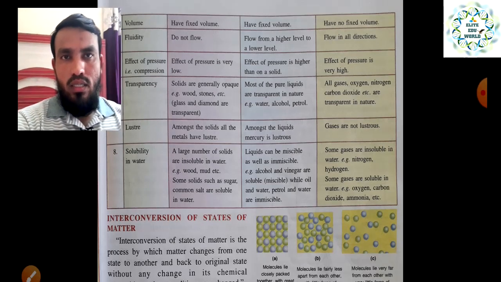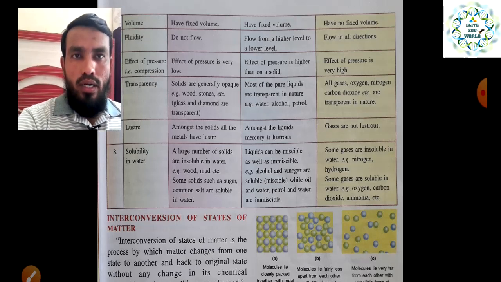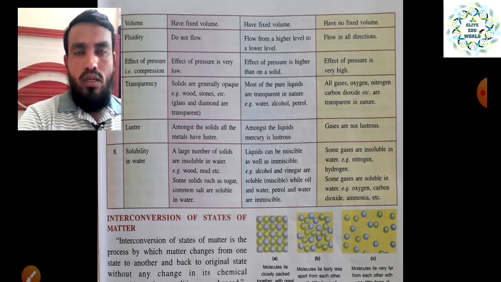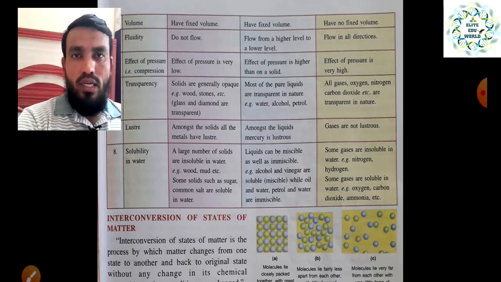These are the characteristics. Next characteristic, luster, meaning whether they shine or not. Amongst the solids, all the metals have luster. When we divide the solids into metals and non-metals, all the metals are normally shiny, that is called lustrous. Among the liquids, mercury is lustrous. The gases are not lustrous, not shiny. We have not seen any gas that shines, so that lustrous quality is not there. And lastly, solubility in water,